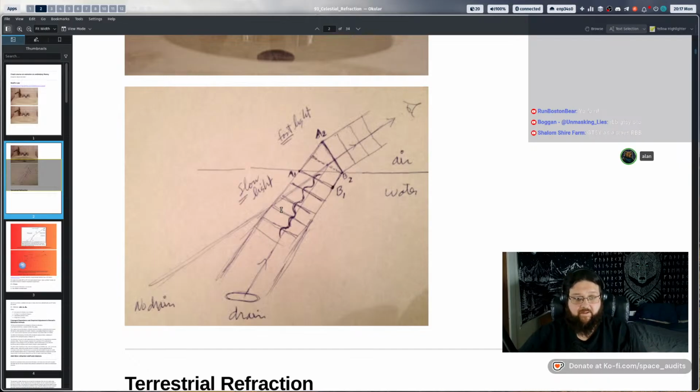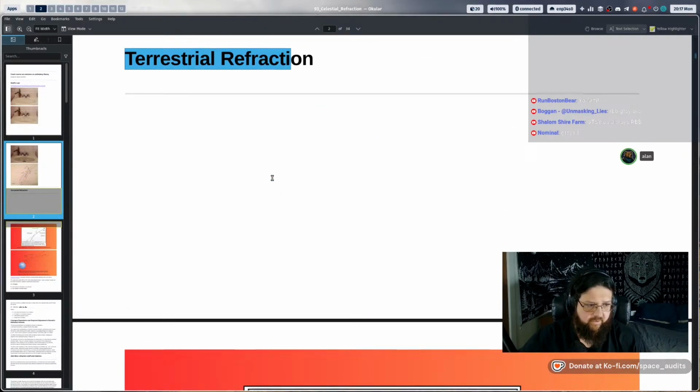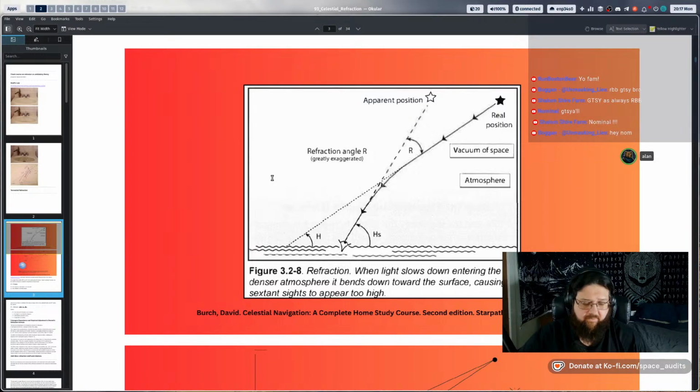Now, if you flip that upside down, the reverse of that would be the light coming from the sky and how refraction would make it bend up. Okay, so little diagram here. Now, the diagrams that we're going to go over obviously aren't going to be to scale, but to give the best representation here, I pulled a couple of diagrams from some textbooks to show what we're talking about in regards to where the real position of a star is versus the apparent position, which is the refracted position.